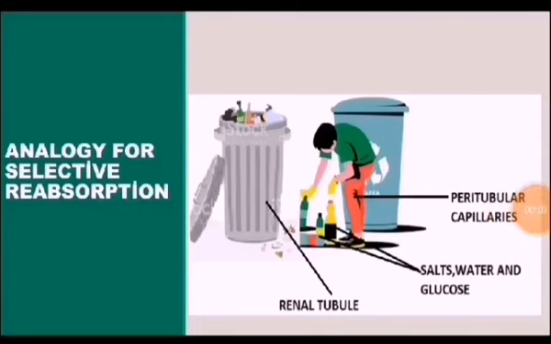You can understand selective reabsorption by considering that the garbage bin is renal tubule containing waste and discarded items representing glomerular filtrate. A garbage lifter only picks materials of his own interest like plastic bottles and tins, etc. Normally, our urine does not contain glucose, but in diabetic patients, the level of glucose in blood is very high and it is more than the need of body. So it is not completely absorbed by the nephron and is present in urine.